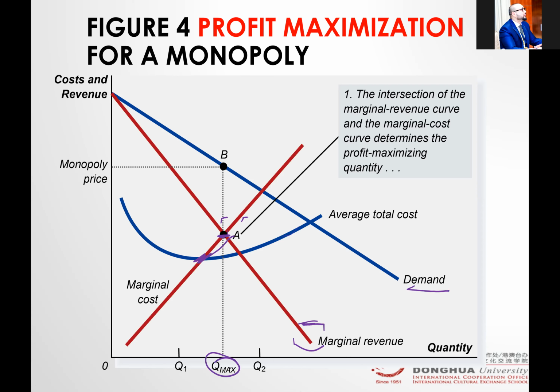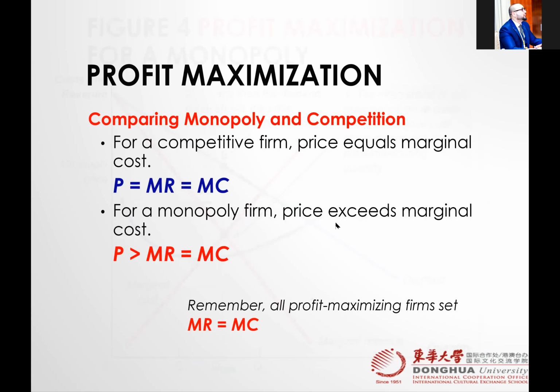What is the maximum? This is the Q max. We need to produce Q max. And what is the market price? Market price is on the demand curve, price line, right? So